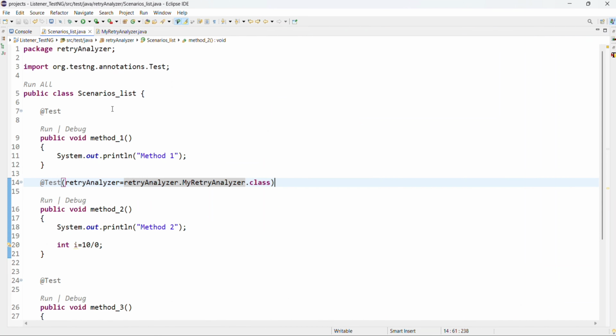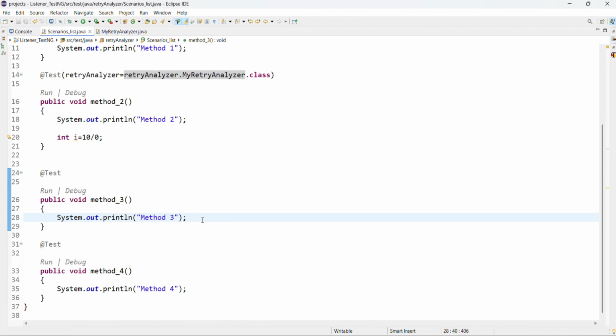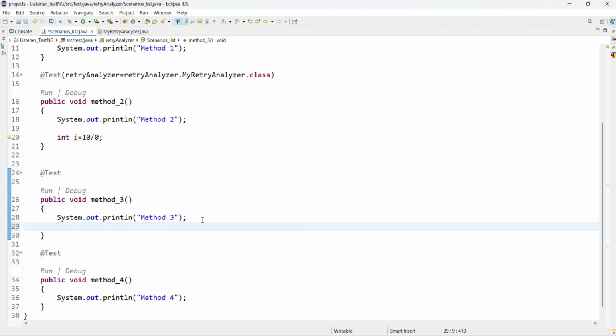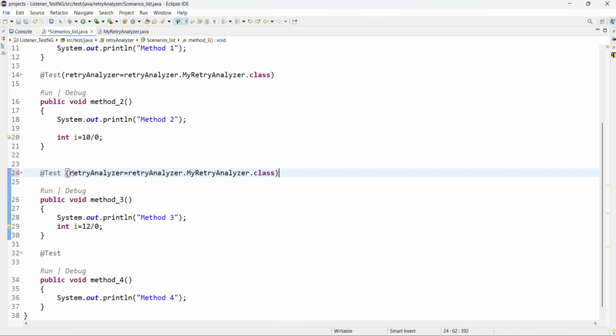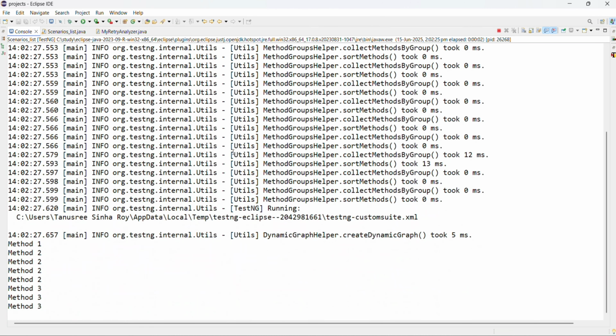Suppose we do some modification. For method 3 also, we add i equal to 10 divided by 0 in the same manner, and we add the retry analyzer here too. So if method 2 and method 3 fail, the retry analyzer will retry these two methods thrice, three times as we have mentioned.